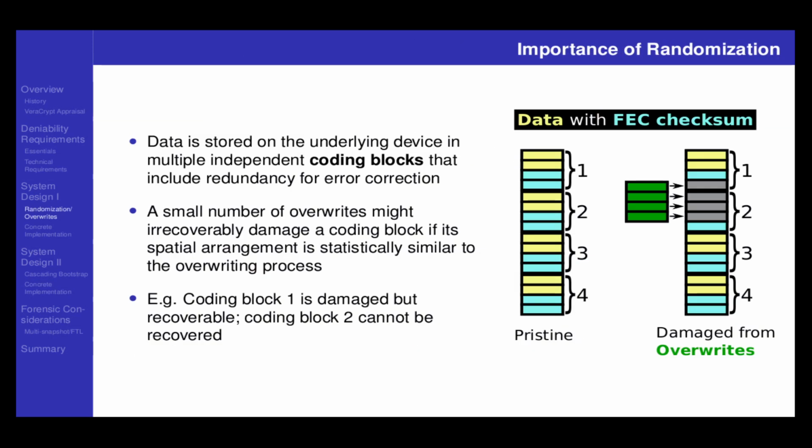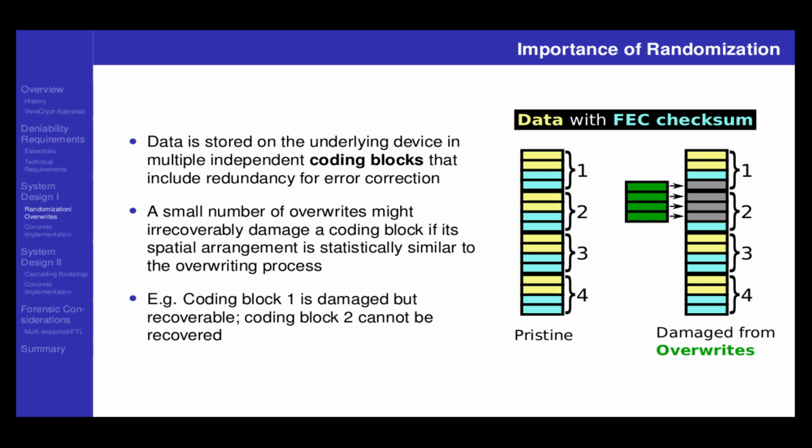Okay. So when you install your hidden system, you first of all establish that crypto mapping with respect to the hidden key. You add a whole bunch of coding blocks initialized to 0, or whatever the initialization value is. But the coding blocks are one after the other on the disk. So if, let's say, the cover system comes by and overwrites an entire coding block, which is, let's say, on the order of 10 megabytes, quite conceivable, there's no way of recovering from that error